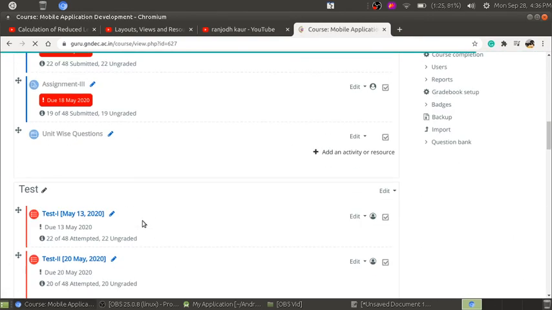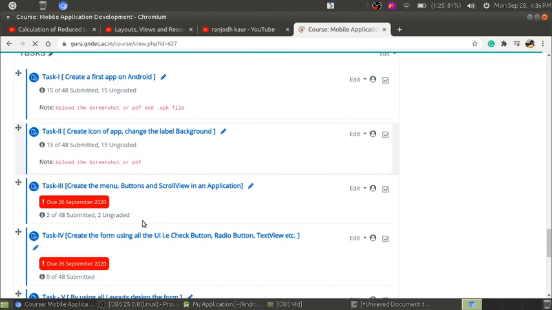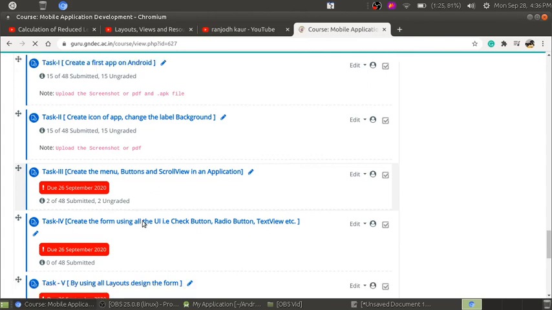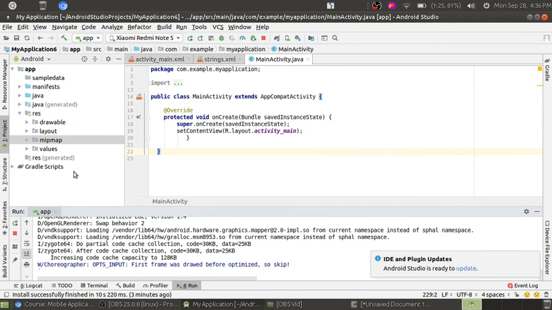When we want to add the menus in an application, on the left hand side there is a RES folder in which we have the layouts, all the content, all the values where we are storing it, that all are residing inside the RES folder.